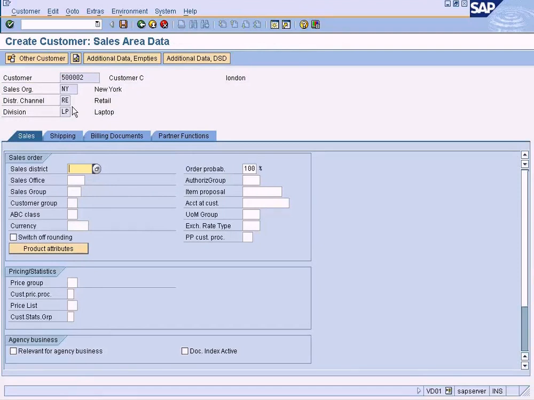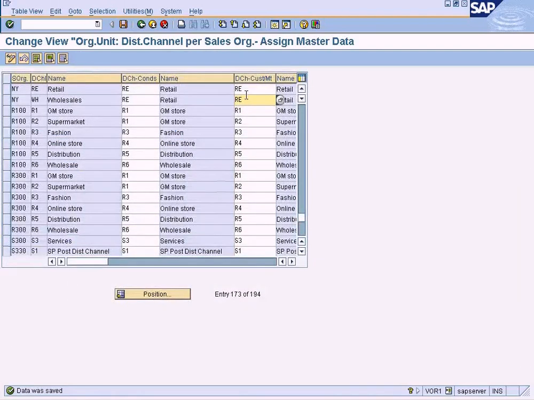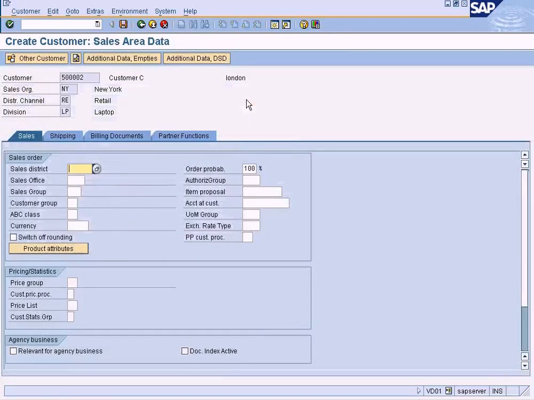The system will block them from doing so. You'll get the error message that you got just now. So the only option is to change the distribution channel to whatever has been specified here as a reference or common distribution channel, and maintain the data. Okay,